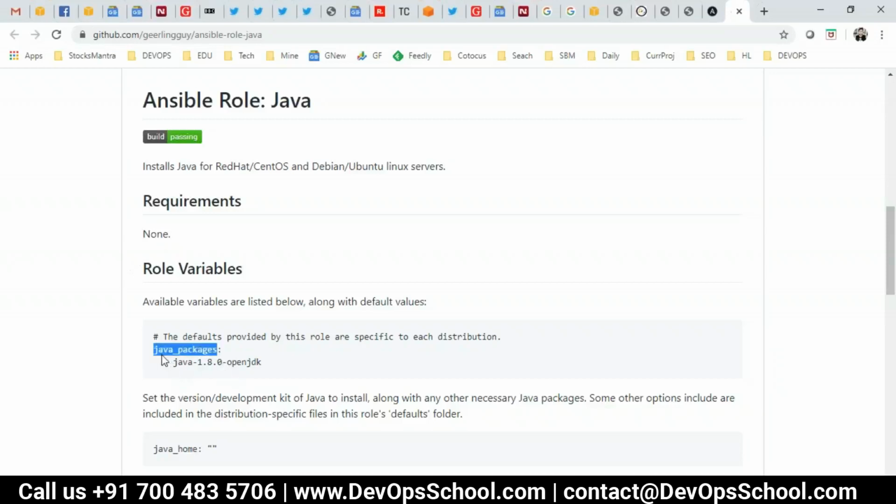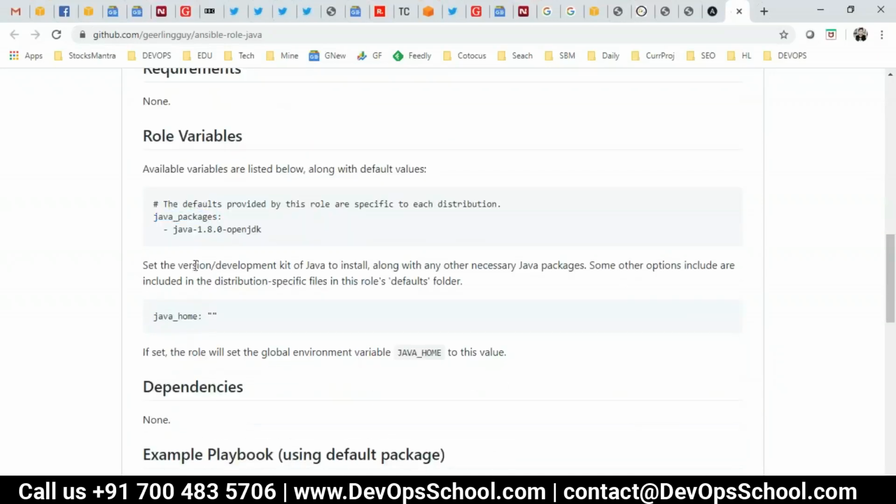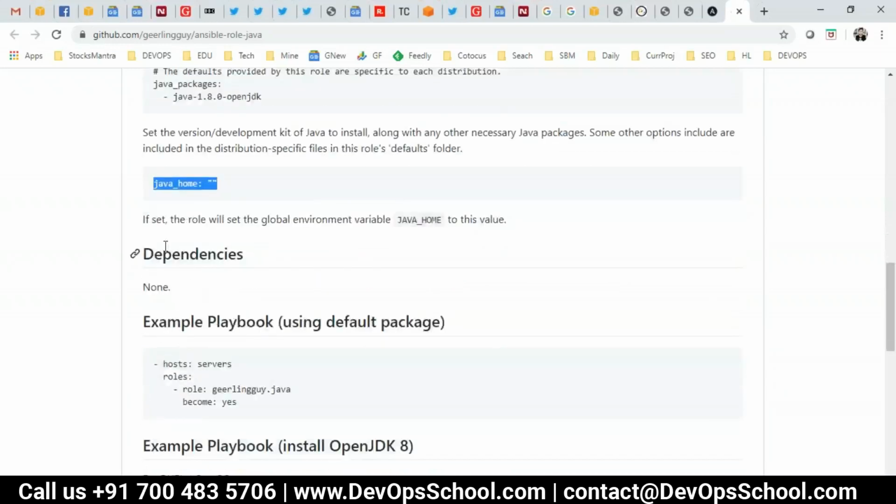Think about it one more time. Is it a fact variable? It's not a fact variable, because remember I said a fact variable will start with ansible underscore, correct? So which version of Java package do you want? It's a variable. It's been set here. Now Java home, all this thing.